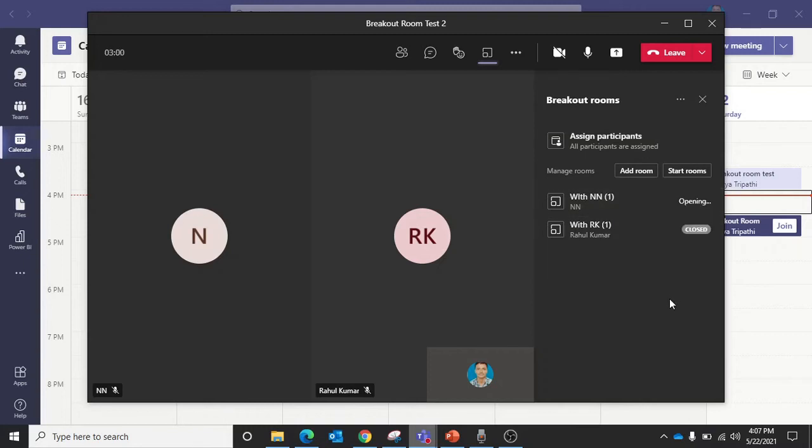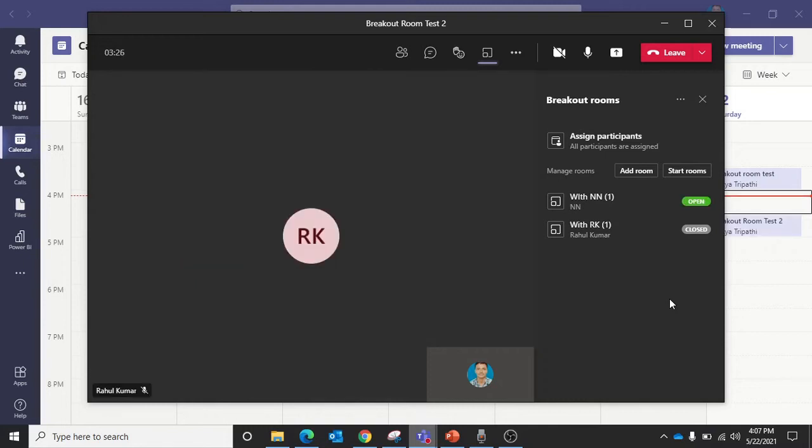On the other screen where I have joined the meeting as a user, I am getting a notification that the breakout room session has started. You will be automatically moved in 10 seconds. So this user NN is going to be moved to the breakout room in 10 seconds, and you see it's leaving. Now the room is all up. So if I wish to speak to NN and have a session with the user, I'll click on here and I click on join room.